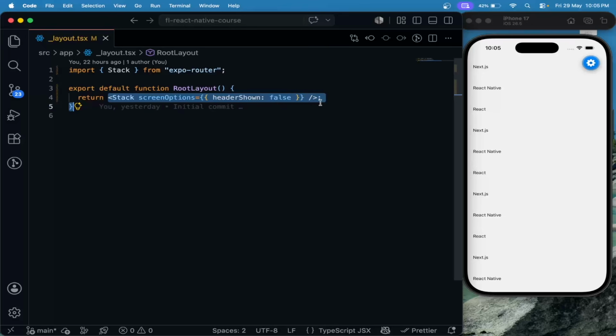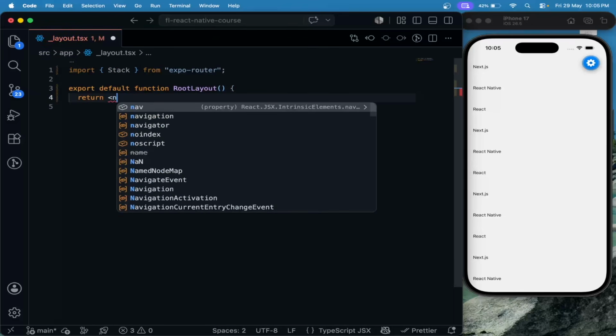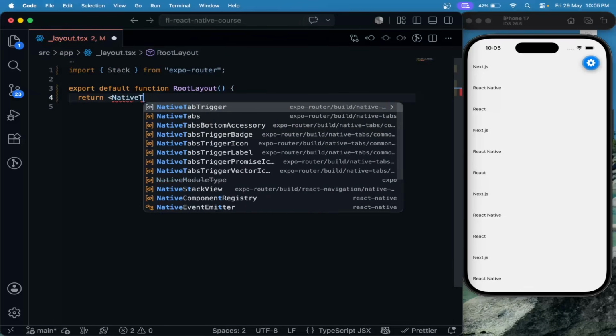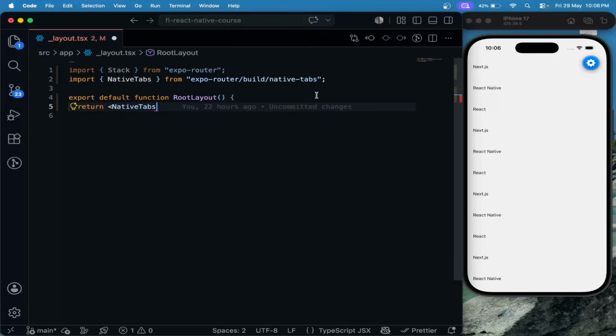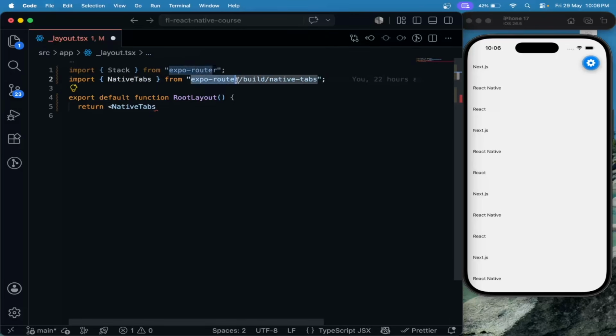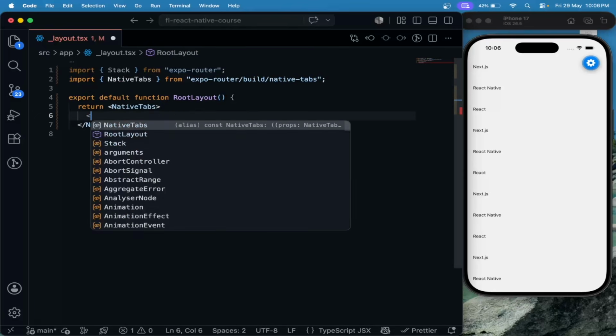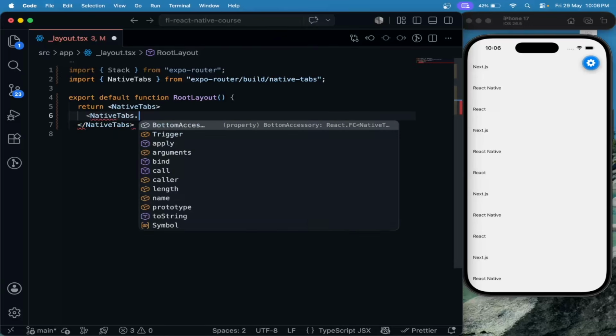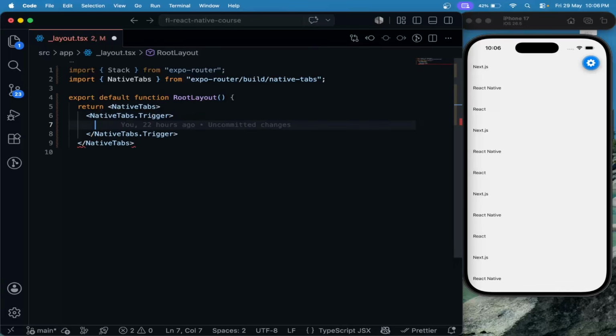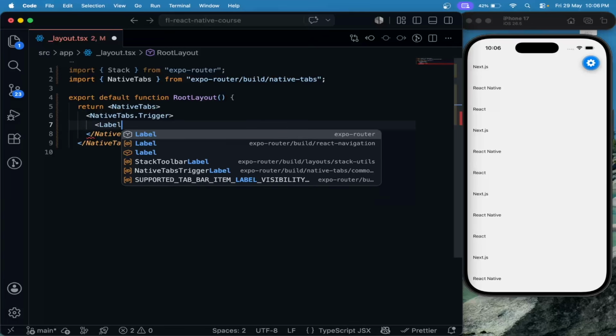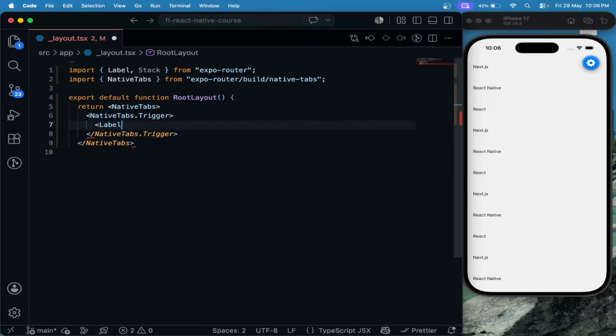First I will remove this stack and I will call native tabs. Native tabs is coming from the Expo router native tabs. Inside native tabs we need to have the trigger. So I will take native tabs dot trigger, and here for now I will use the label from Expo router